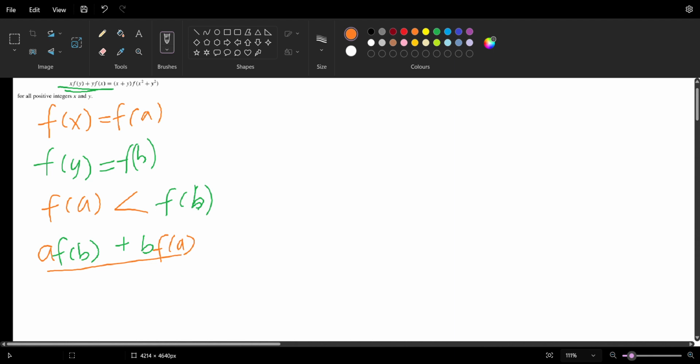Well, we can say that this expression is greater than f of a, and at the same time less than f of b, because if we just have f of a, but now we have f of a times something plus something else, it means that it's obviously greater than f of a. But it being less than f of b,